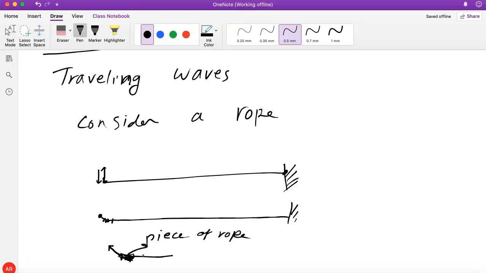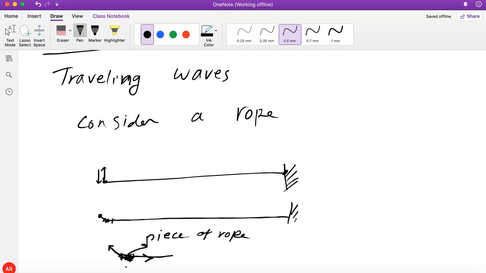And then this is the rest of the rope. So you see the tension to the right, to where you've pulled the rope up, has more of an upward component, right? If you think about these forces in the vertical direction, as you pull this up, you pull up the pieces that are coming after. Not just at that point, but you change the direction of the tension a little bit as you move a tiny piece up, and that pulls along the rest of the rope, at least the nearby pieces